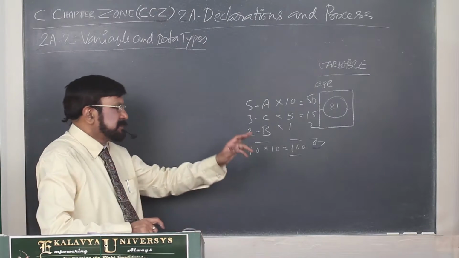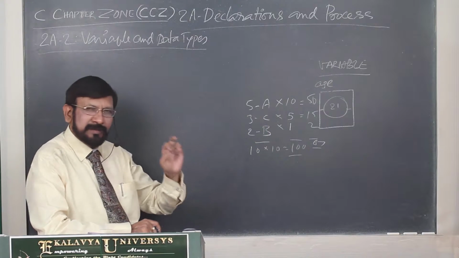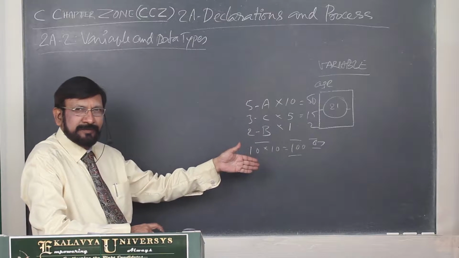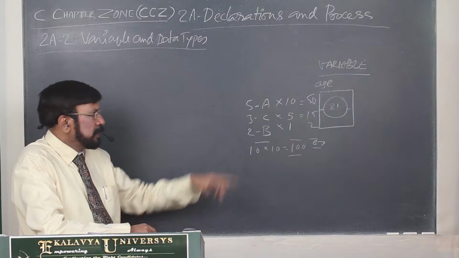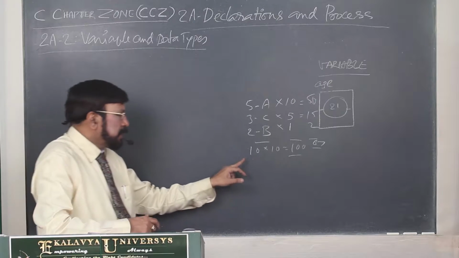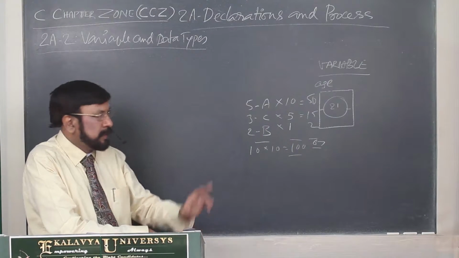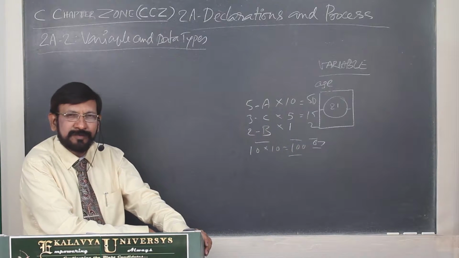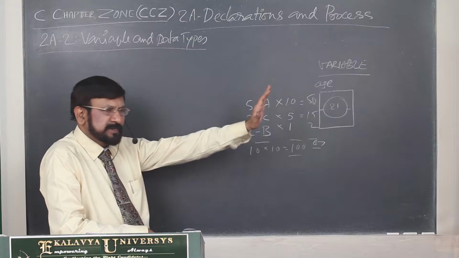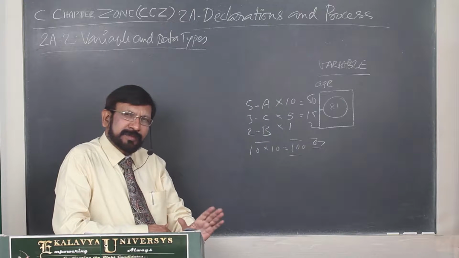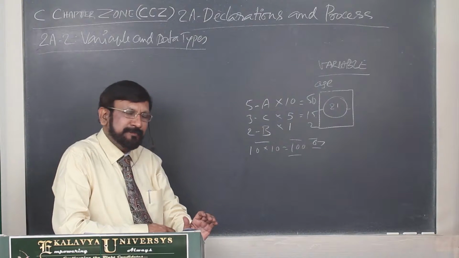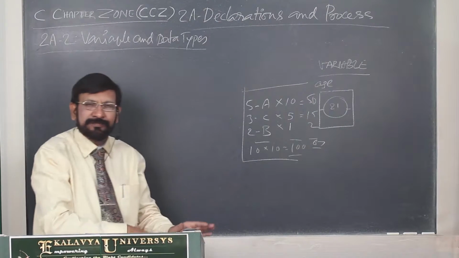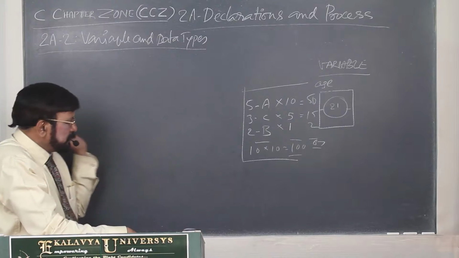100% the second alternative is prudent, because you are following this principle in real life. You are making the classification, you are not doing 10 into 10, 100 units of food; you are classifying them and preparing around 67 units of food. That's why the same logic is extended for data types. The second alternative is prudent. Once you are convinced with this logic, now let us come to data types.